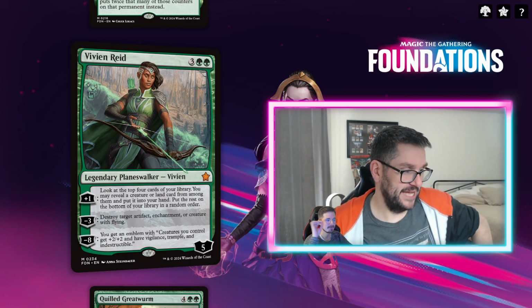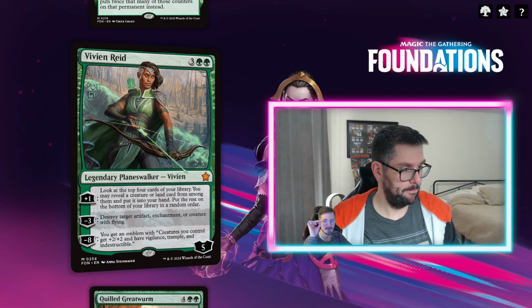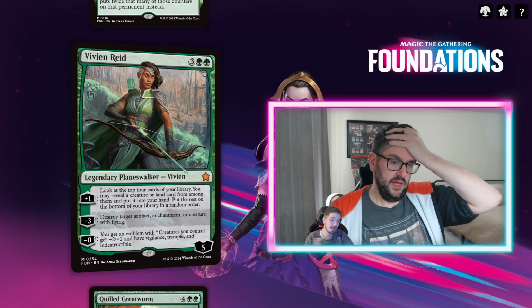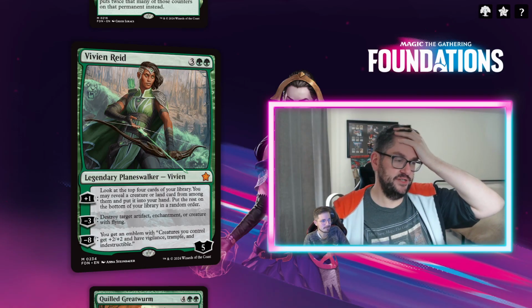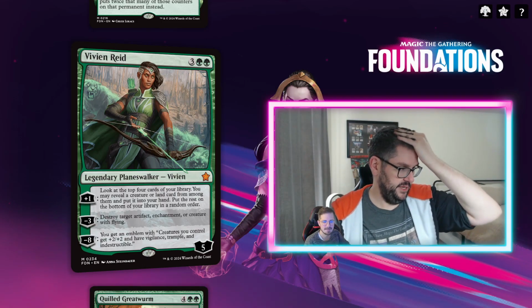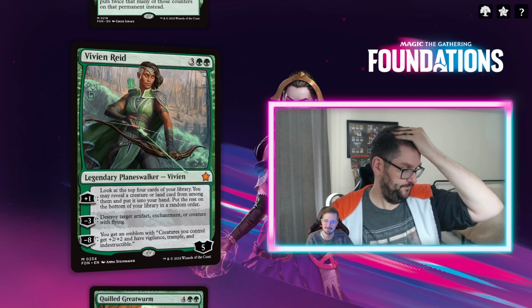But I played with it a couple times. It was really good. The thing is that it doesn't protect itself at all. It doesn't protect itself in a traditional sense. It can kill flyers or whatever. It can protect itself. The thing is the +1 doesn't...